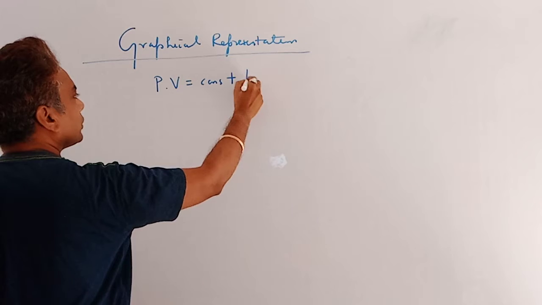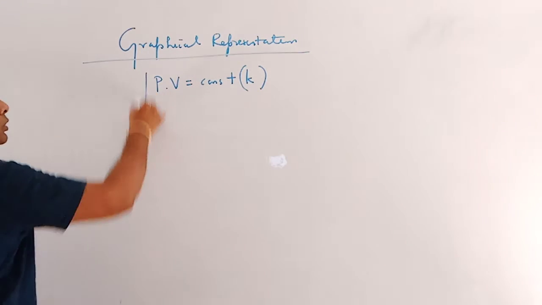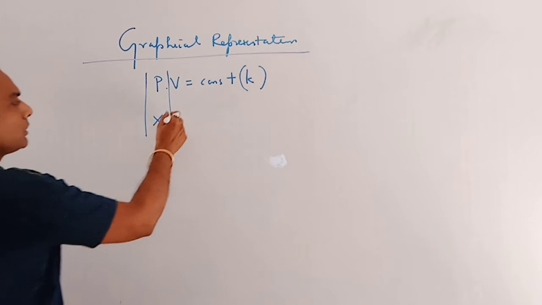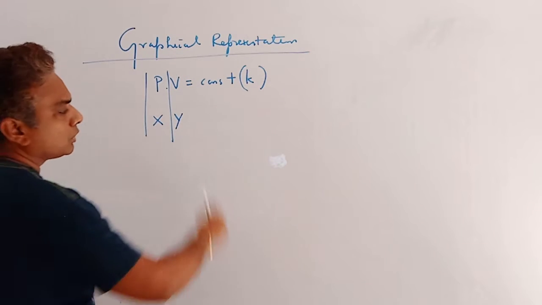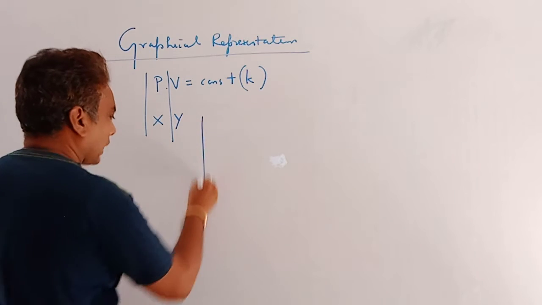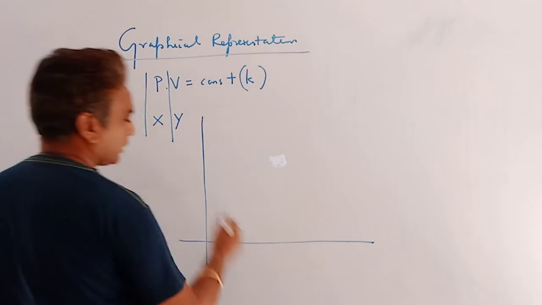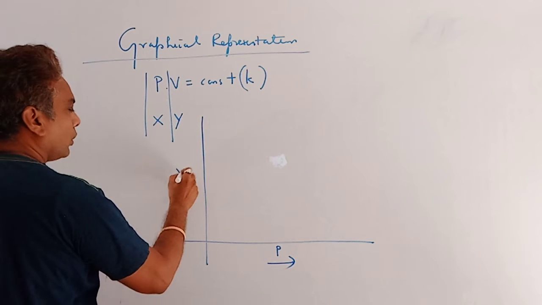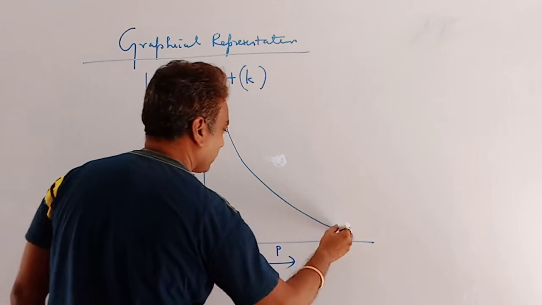Suppose constant is assumed as K. If pressure is on x-axis and volume is on y-axis, then xy is equal to constant. It is the rectangular hyperbolic graph. On x-axis here is pressure, on y-axis here is volume. So we get such a type of curve